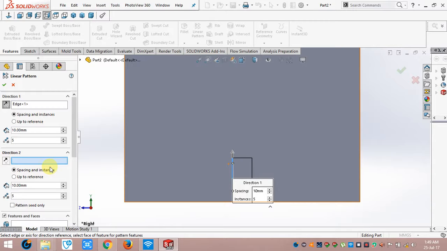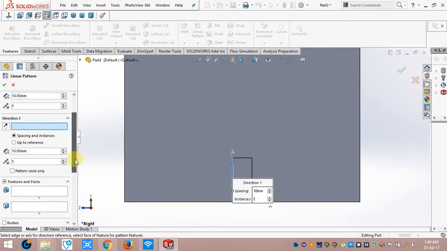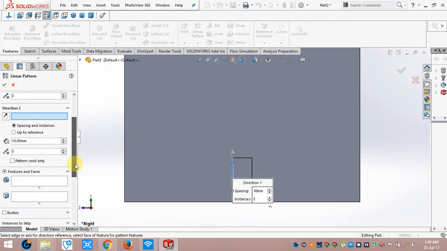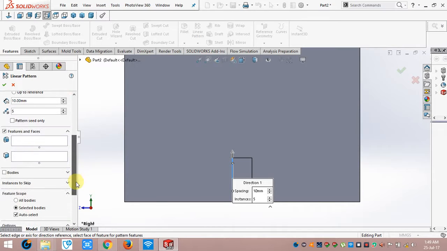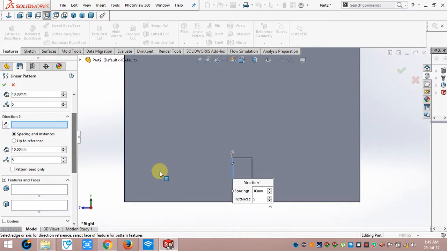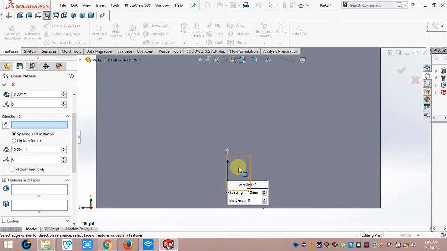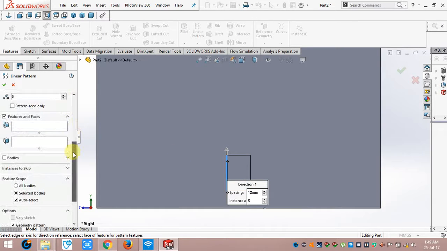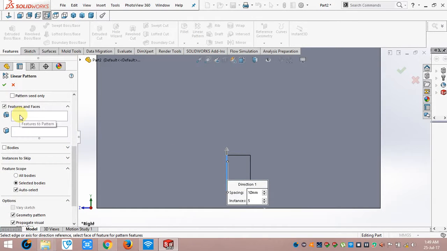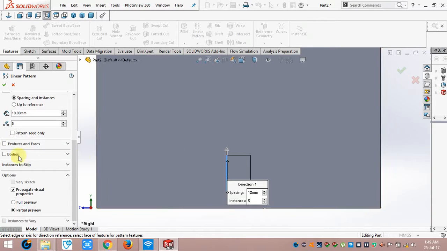So I will move on to direction 2 later on. I'm not applying anything on direction 2, which means my linear pattern will have only one direction. Now there is the features and faces and bodies option. Basically I will take the features and faces option, because I have